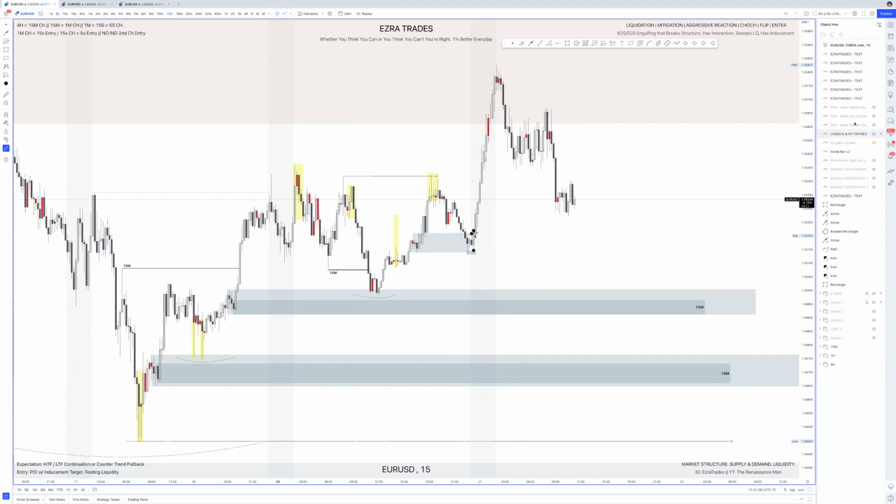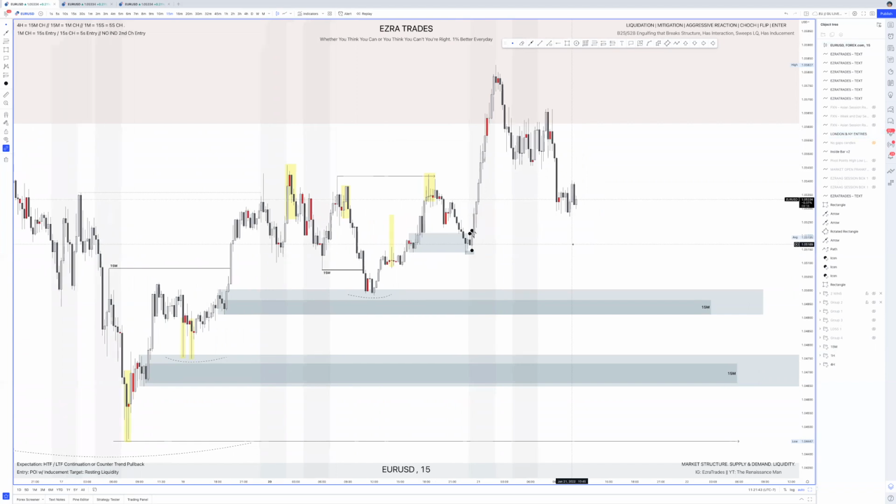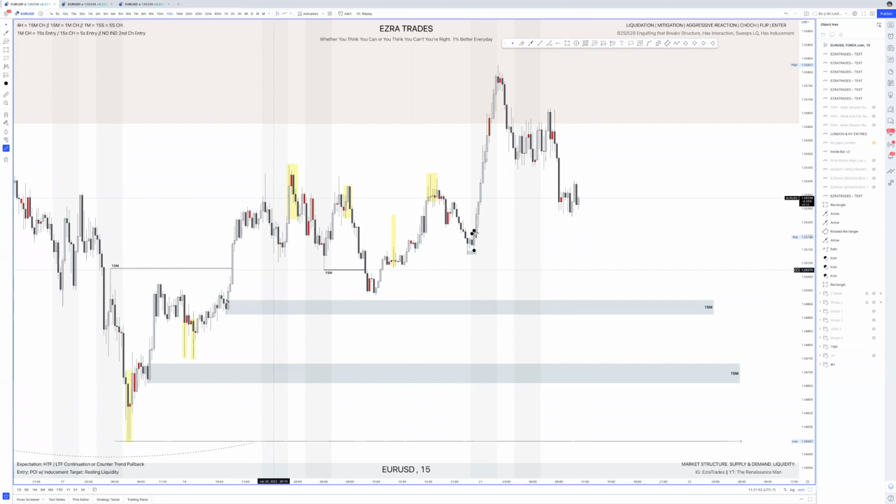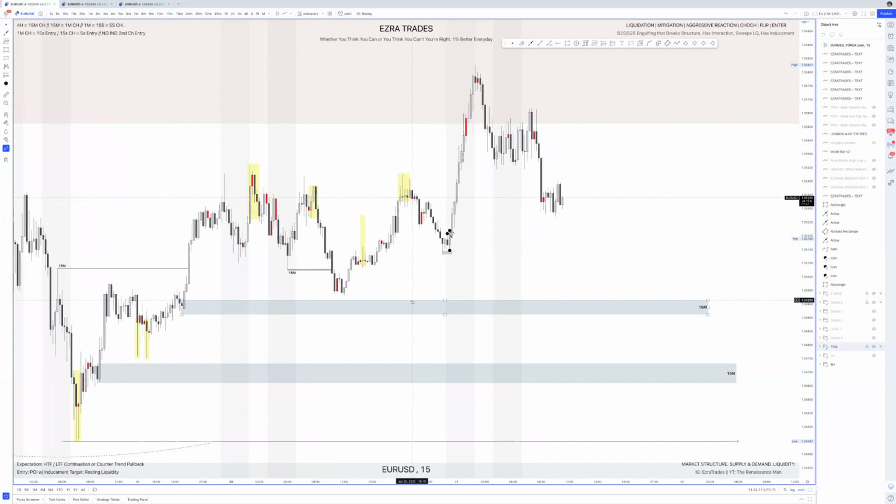But that never happens. I don't get that opportunity, and that's okay. So, what was the inducement? I missed that. This is the inducement for the lower 15-minute. And okay, right. Yes, now you see it, right? And this is what we have, a 15-minute break of structure bullish. So in here, this is one bullish push to the upside. So if price came back, and it could still retain, and we were waiting for it to come to that discounted demand,